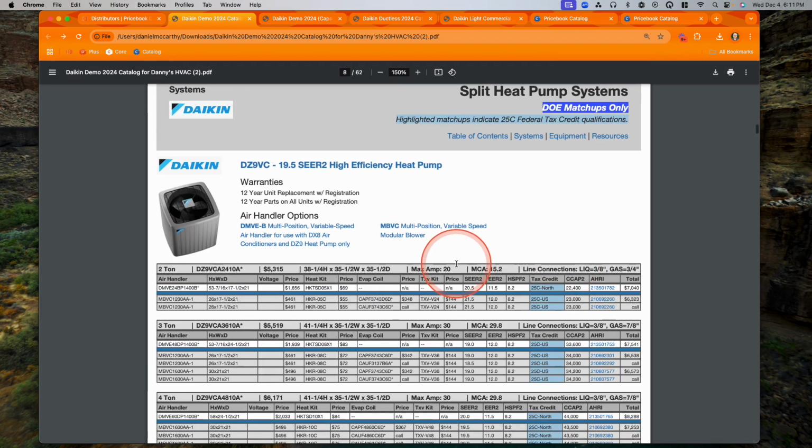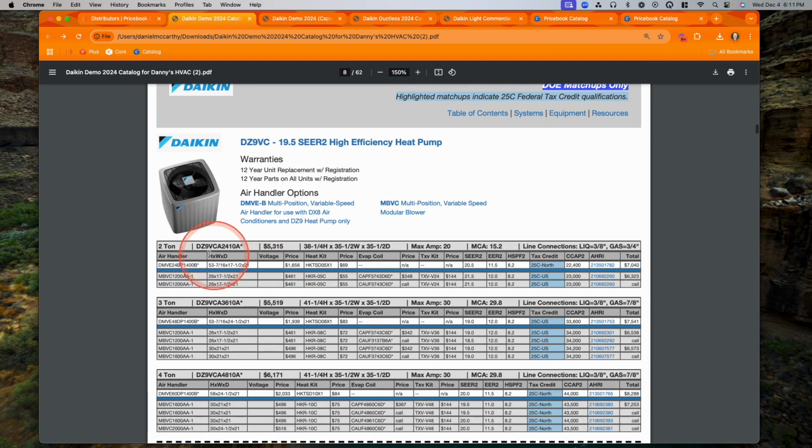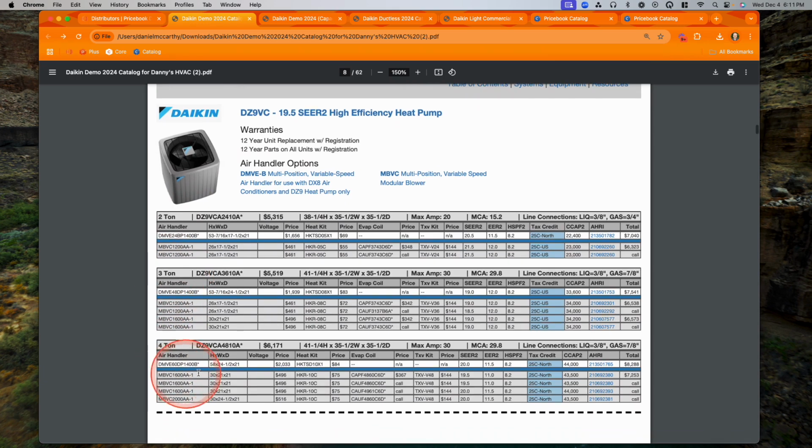The information that will be provided here, you can see these are arranged by your outdoor unit. This is the 2 ton unit, 3 ton, 4 ton, and so forth. Model number, pricing, dimensions, additional data here. The air handlers that match with that, your dimensions, again, pricing, heat kits, pricing, coil pricing, and so forth. AHRI efficiency ratings, AHRI number, if this matchup qualifies for a 25C tax credit, and then your total price out